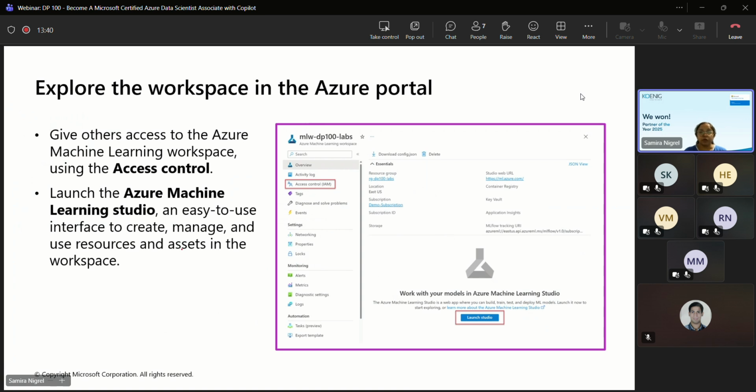When I was explaining how to create a resource, there was an option for the identity. What if you want to provide some identities, but you have not given them earlier? In this scenario, you can use access control from the Azure Machine Learning resource page, the workspace page. There is access control management. You can provide access to the resources.